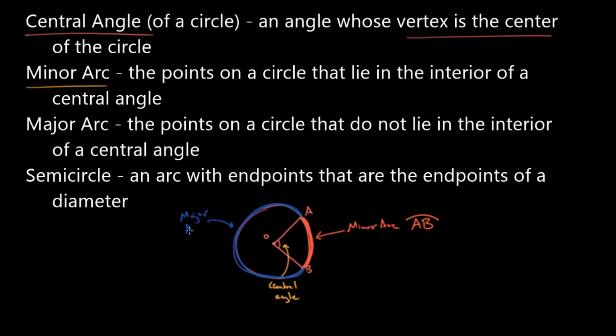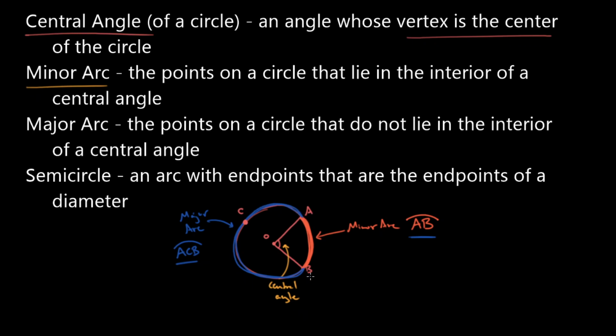The obvious issue, as you can see here, is what if I want to name this? How would I refer to it? The answer is, I need another point here. We'll call this C. And how I name this is by actually using 3 points. So the major arc is arc ACB. The reason for this is that whenever I just use 2 points, like I did over here for arc AB, I'm going to assume that's the minor arc. It's the smaller of the two. If I want to refer to the major arc, in this case arc ACB, then